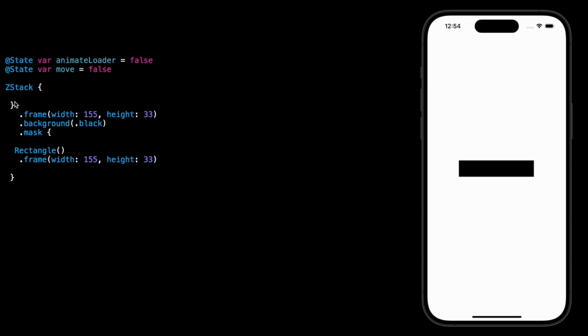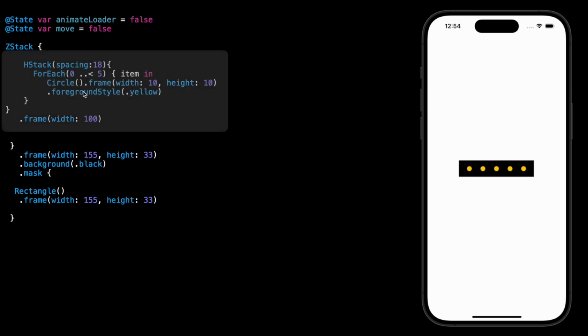So right now I have an empty Z stack but have frame and background black. I will mask this Z stack with the same height and width to make sure that we see only inside this frame. Here we have a Z stack with the 5 circles,